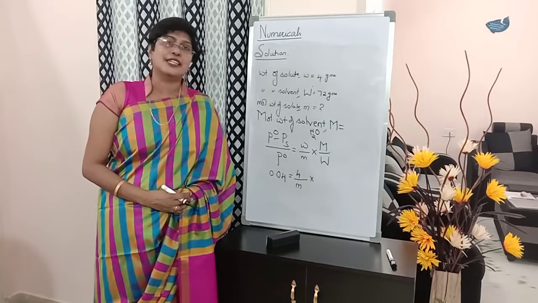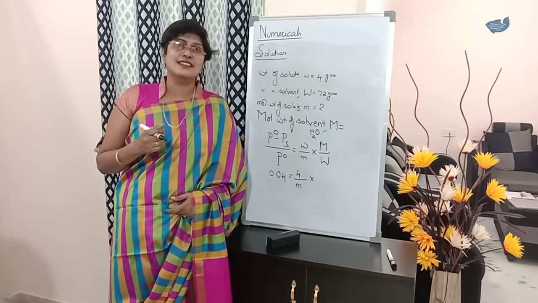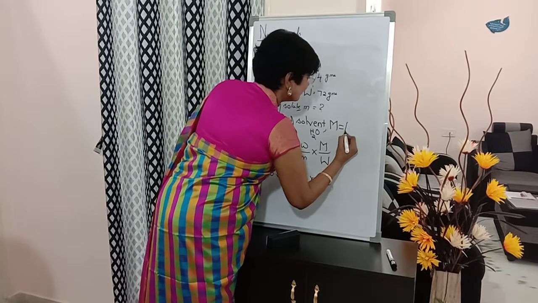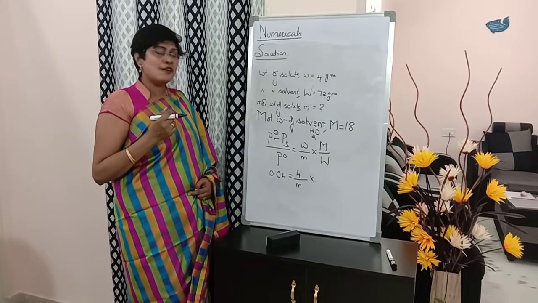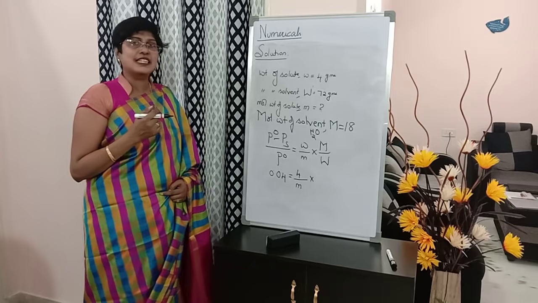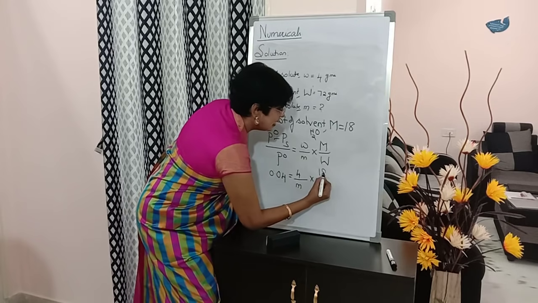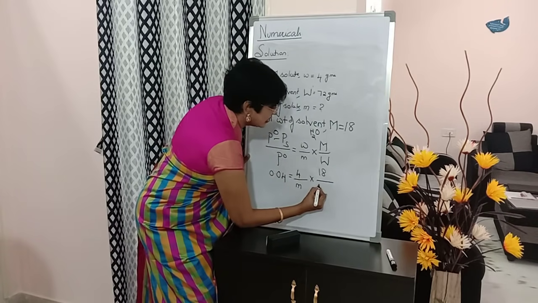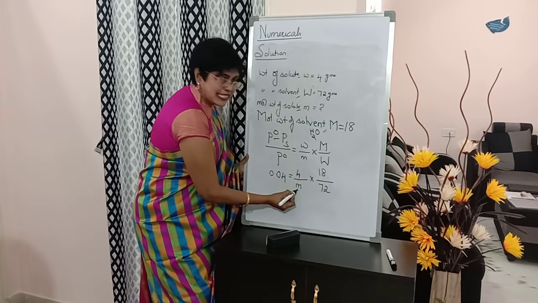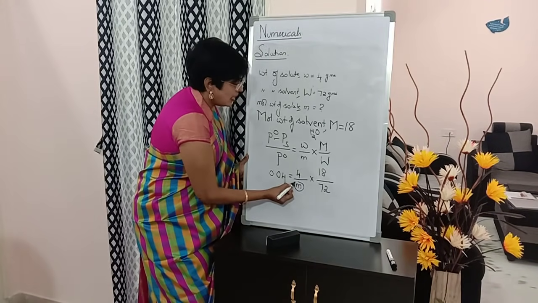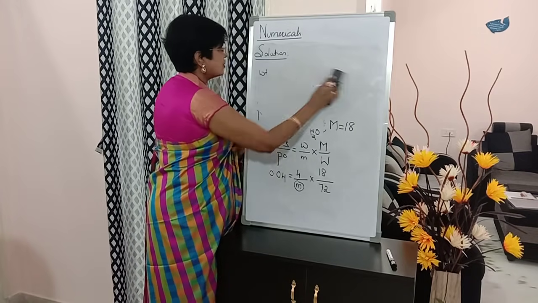What's the molecular weight of water? Fast, within 5 seconds in the comment section. How much is it? Very good. It is 18. Okay, so 2 plus 16, the atomic weight of oxygen. So the molecular weight of the solvent, that is water, is 18, students. So we will substitute this 18 here: 18 divided by capital W, which is given as 72. So all the values are there except small m. We can calculate small m from these values. So I am erasing these points, students.